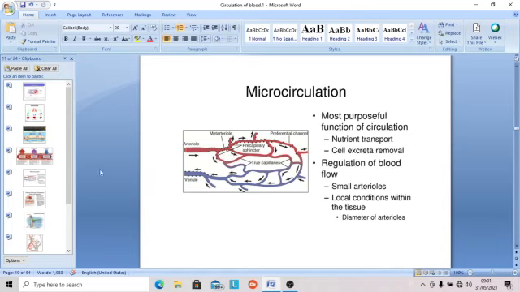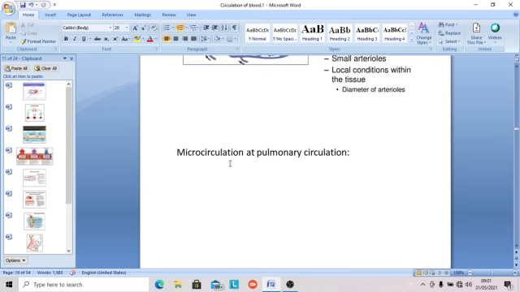So that is the important thing to understand, why there is a lot of regulation at this micro level, microcirculation. You can control how much blood should pass there, how much blood passes to the true capillary, how much blood passes to the preferential channel, and then you have the venules and then veins. In the veins, some contraction can be possible. So it can regulate the blood flow, the diameter of the arterioles, etc.